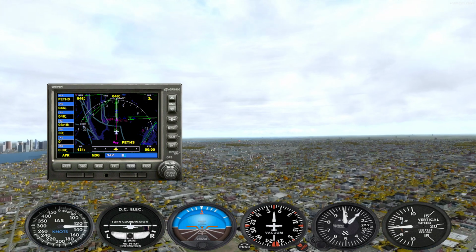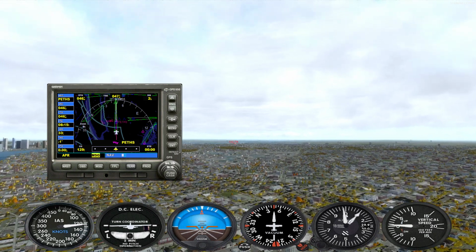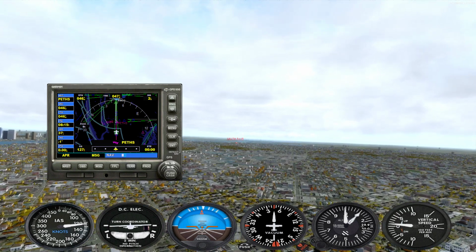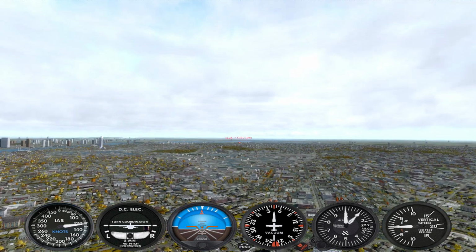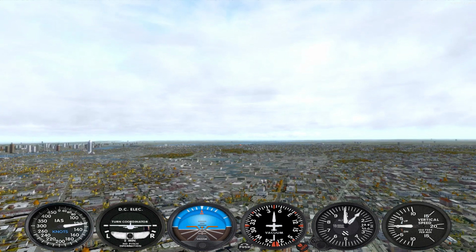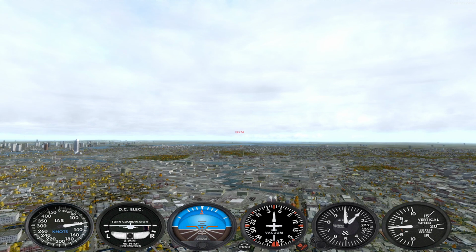Have everything pretty much configured. I don't have full flap set yet, but I won't do that until I actually start my descent. So I'm at 1,000 feet. Typically when I get about 3.5 miles from the runway, I will click off the vertical hold for the autopilot, where then I will start my descent and work my way down, set my flaps,